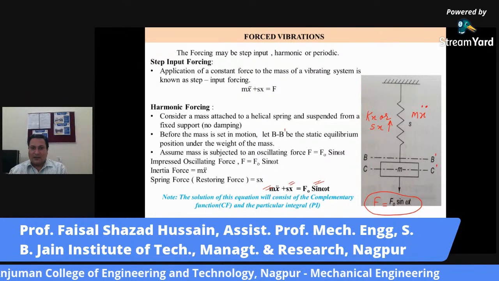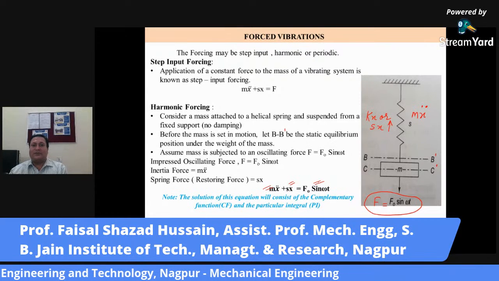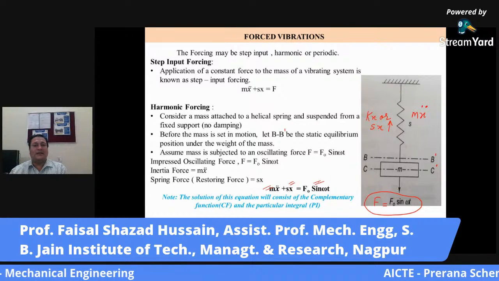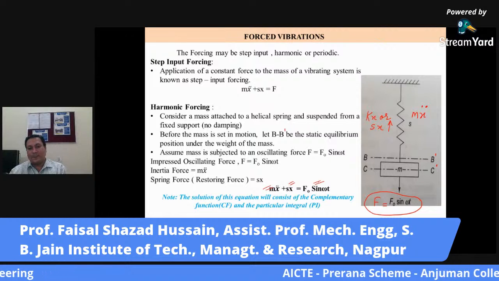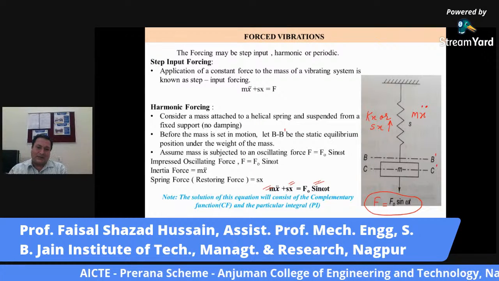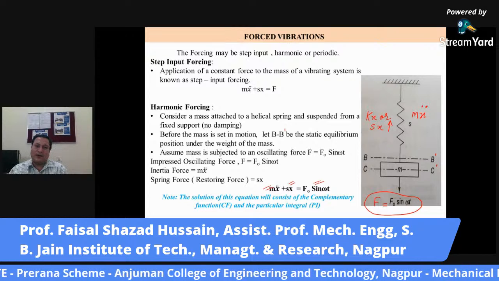I can also write this equation as Fo sin omega t minus mx double dot minus sx equal to 0. Now, the equation mx double dot plus sx equal to Fo sin omega t,